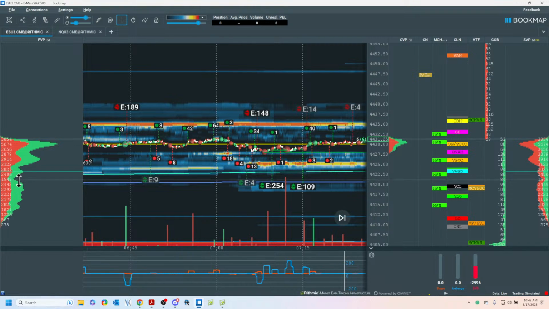I'm just going to show you the structure. Do you see how this is flat and cut off up here? It's unfinished. You'll notice auctions tend to round out with low volume, and here it just got cut off. So when I was looking at this, and I posted this for the participants in the Bookmap Discord Trader Lab, I said, this is an unfinished auction.